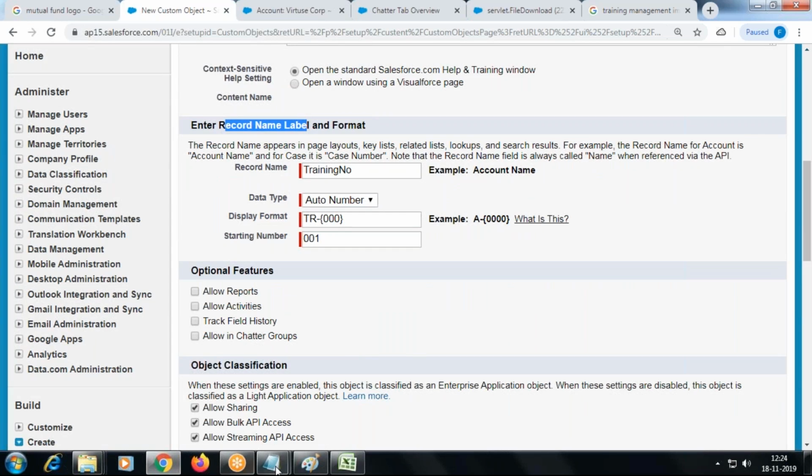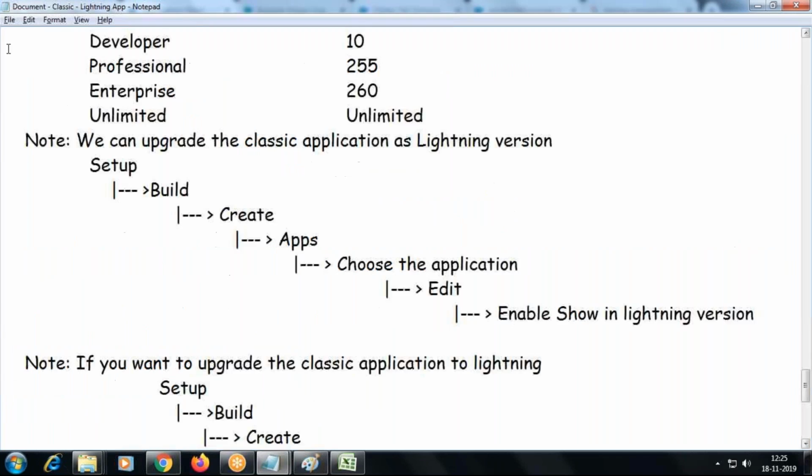I'll upload this document in my Charter tab.